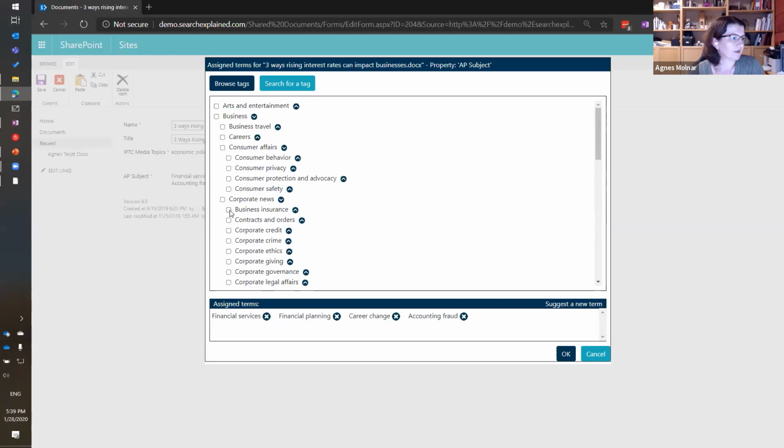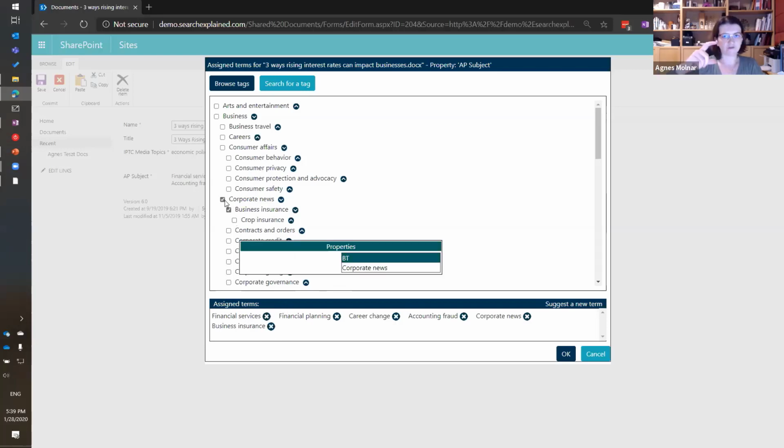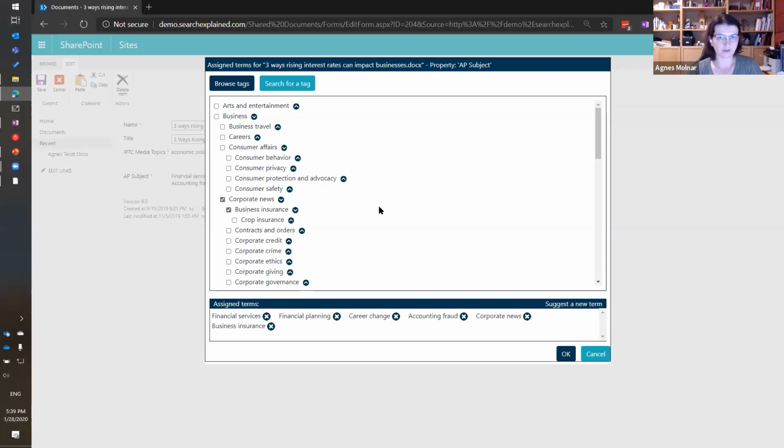So I'm selecting business insurance, and business insurance is added, and also the parent of this term, corporate news, is added, because this is how this environment is configured. So this is one user interface. I can browse the hierarchy, I can browse the taxonomy, and what you can see here is basically a tree-like browser user interface, but we support polyhierarchy here. So if you have a term that has multiple parents, then you will be able to see that